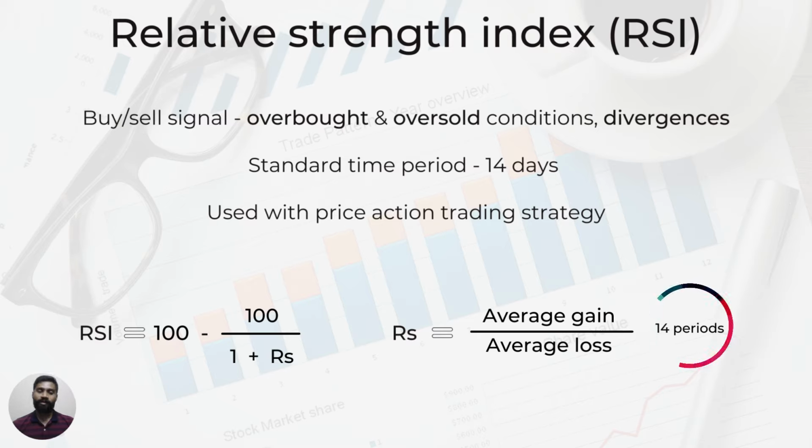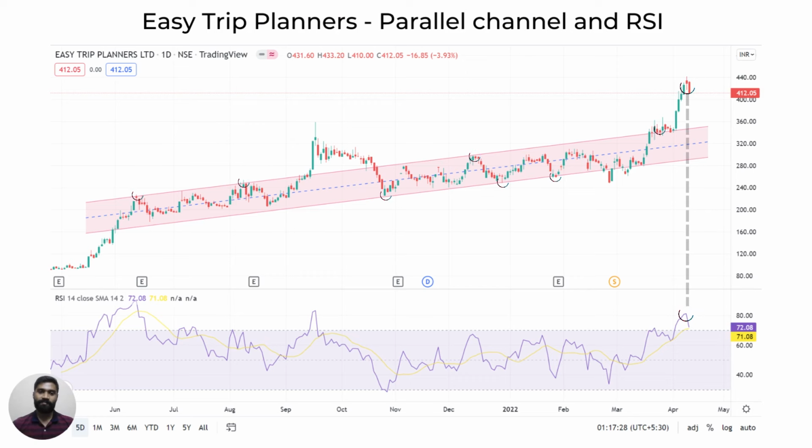Apart from the overbought and oversold conditions, we can also use the divergence strategy that we discussed earlier here as well. This relative strength index is mainly for the standard period time of 14 days, and it depends on the average gain and the average loss of the particular price of the asset or an index. Now, if you look at the